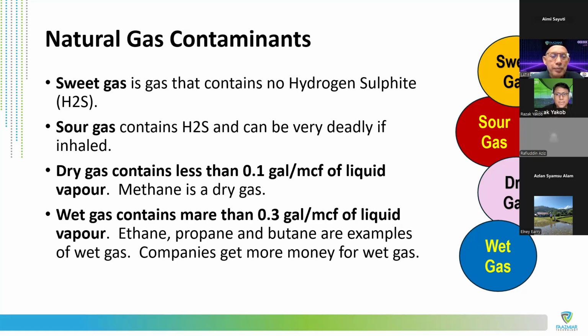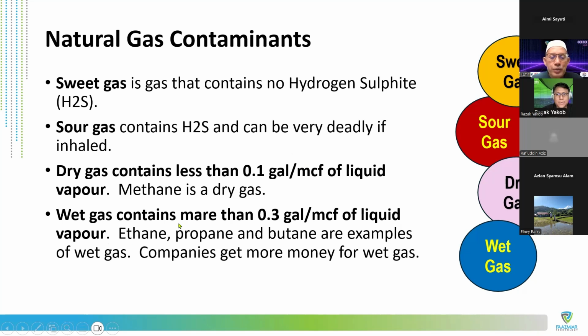So mostly for dry gas, we're talking about the liquid content. Any gas will have some element of water, a percentage of water. So methane is considered a dry gas, with the condition that you have less than 0.1 gallon per thousand cubic feet of liquid. So this is a scale. We're talking about M meaning thousand, double M is million. M does not mean million unless you write MIL, a million cubic feet, then it's going to be million. But if it is only one M, it means thousand. Double M is million, and triple M is going to be billion. A kind of analogy, yeah.